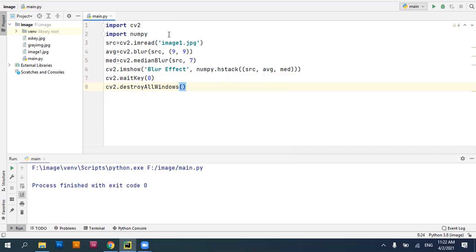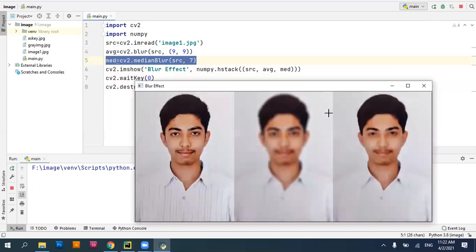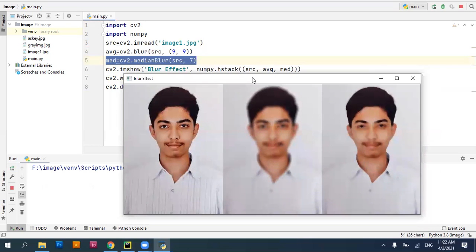So here is the program where on your original source image, you're going to apply an average blur effect. So this is the code for that, the instruction for that. And here you can notice that a median blur effect is being applied. So I'll save this and we'll run the program and see what our output is. So I'll just click on run. Once I click on this, you can notice the blur effect is applied on my image. So this is my original image and you can see the blur effect being applied here.